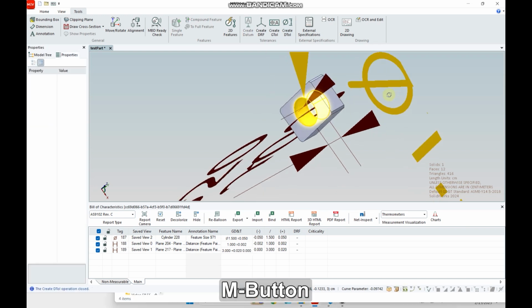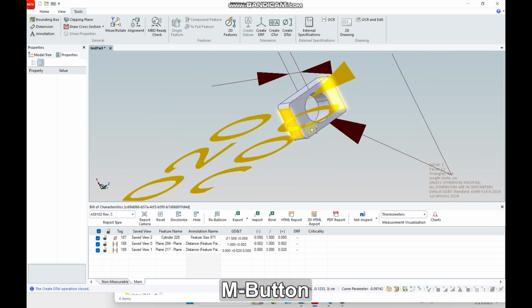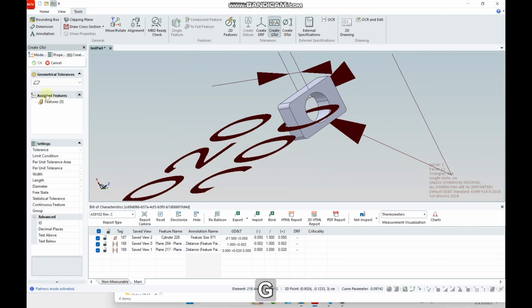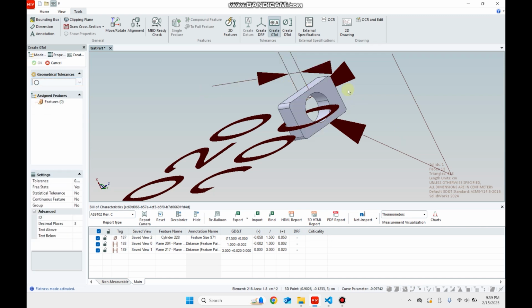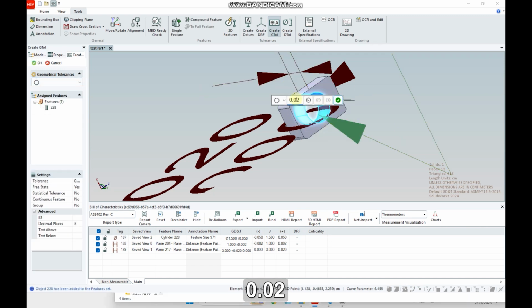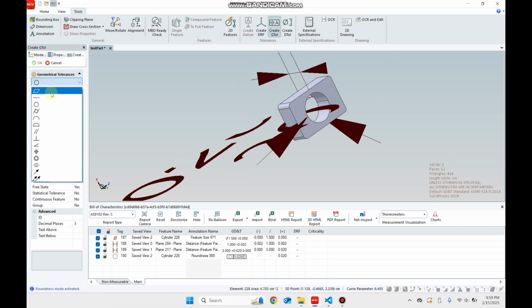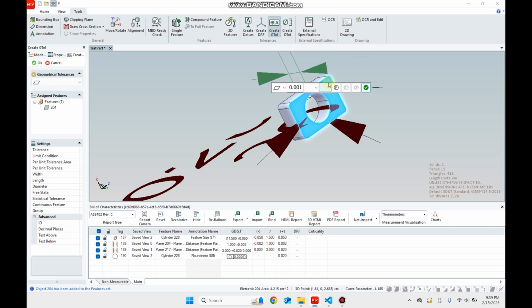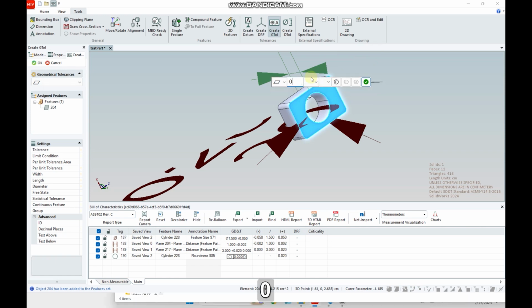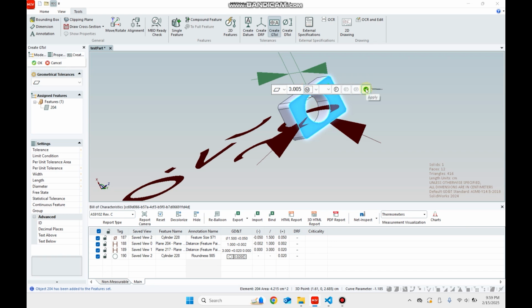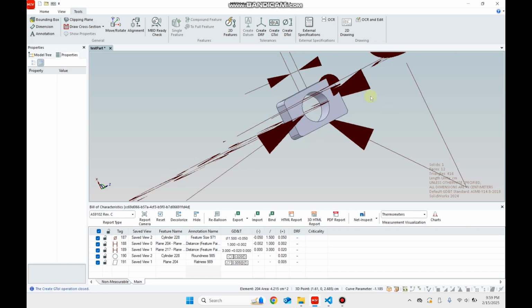Okay. And then let's say I wanted to create a geometrical tolerance. So I hit G. Let's go to the circle and this one. Let's say it's 0.02. Yep, and then G again, and let's say we have a flatness one as well. So 0.0 here, 0.005, and hit apply. Okay, so as you can see, there are some very repetitive tasks that you have to